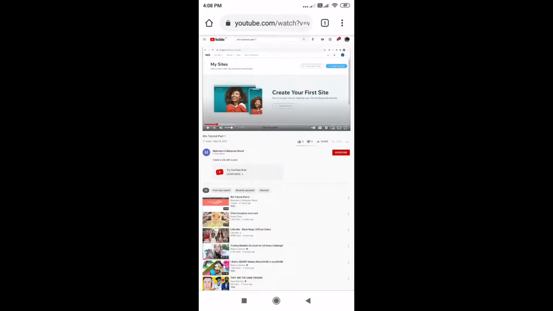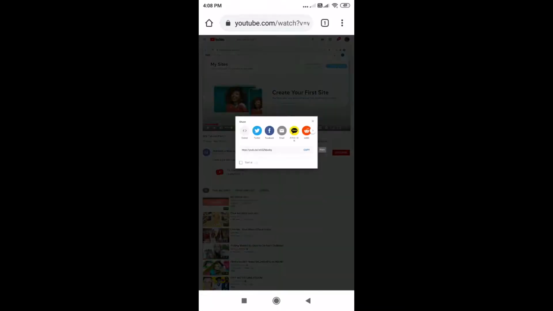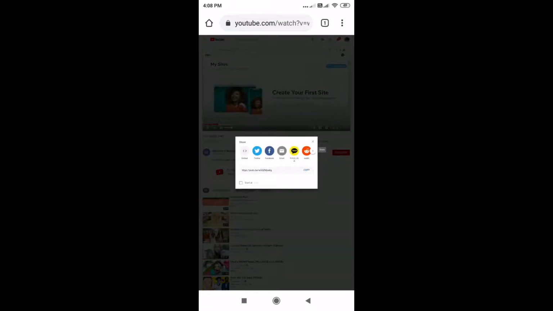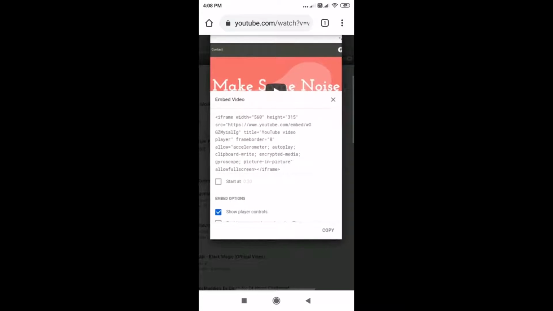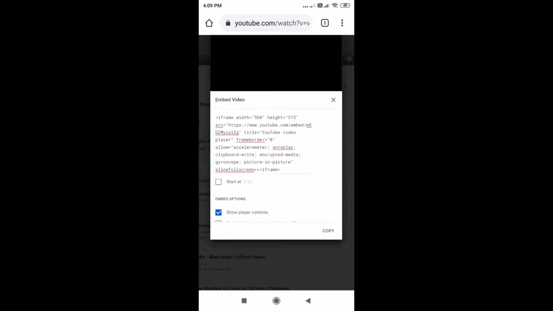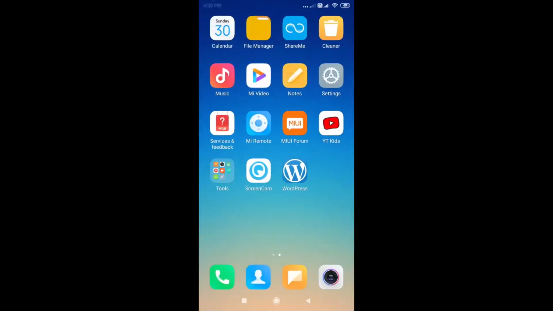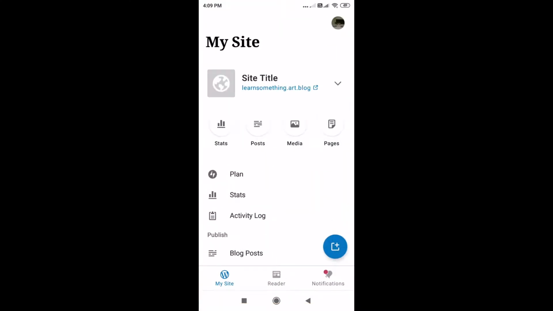Here, now touch on the share and touch on the embed. So you will have lines of codes given in here. Touch copy to copy the codes to the clipboard. Once done, open your WordPress app,